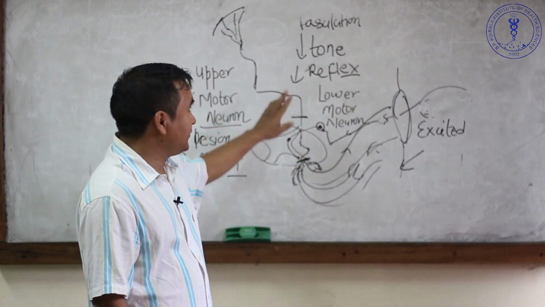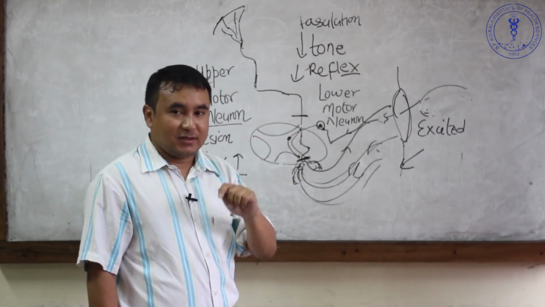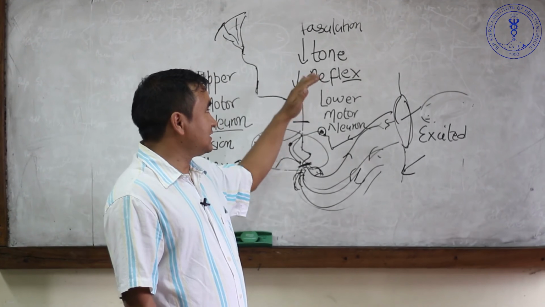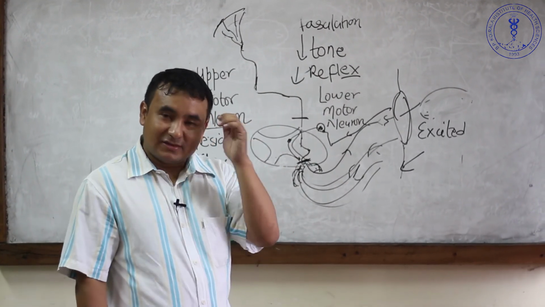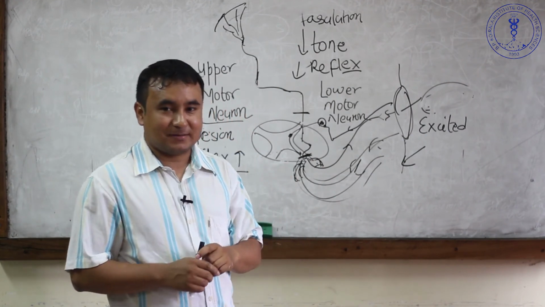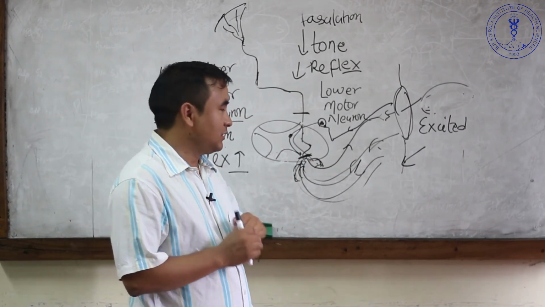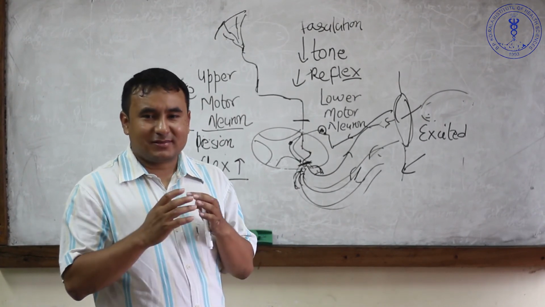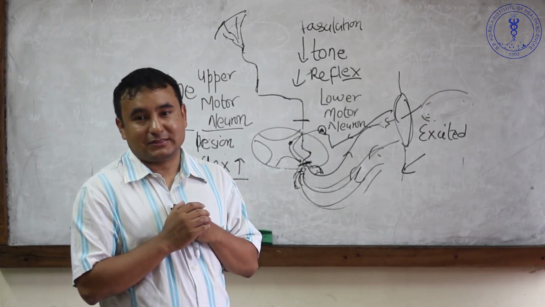Okay, so these are the features. If you see fasciculations, think about lower motor neuron. If you see a decrease in the tone, then think about the lower motor neuron. If you see a decrease in the reflexes, think about the lower motor neuron. And if you see there is an atrophy of the muscle, think about the lower motor neuron lesion. Okay,